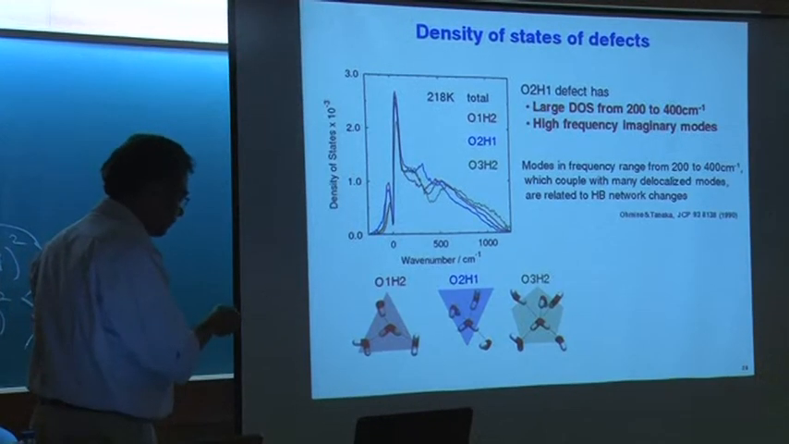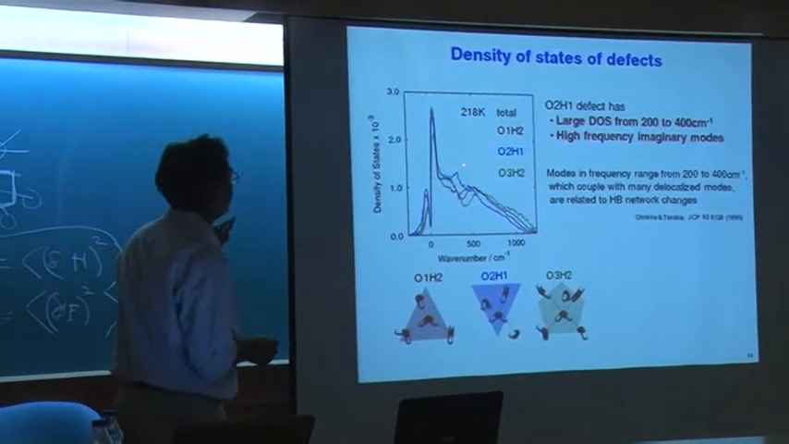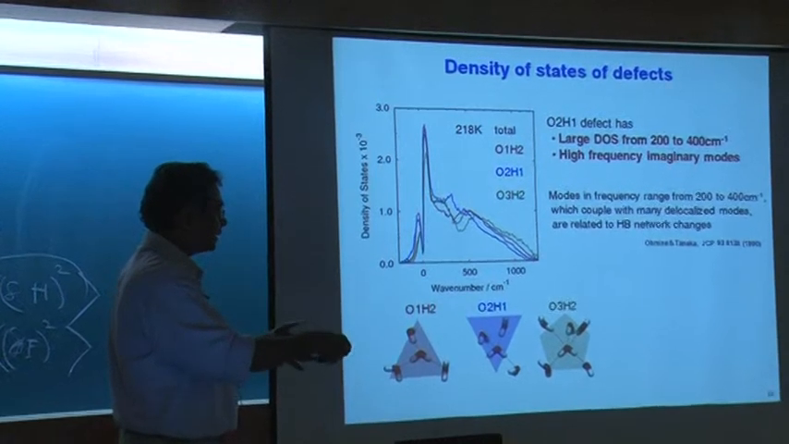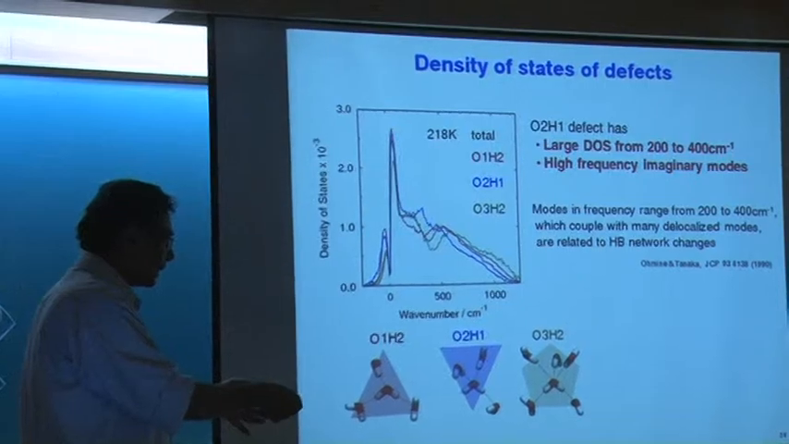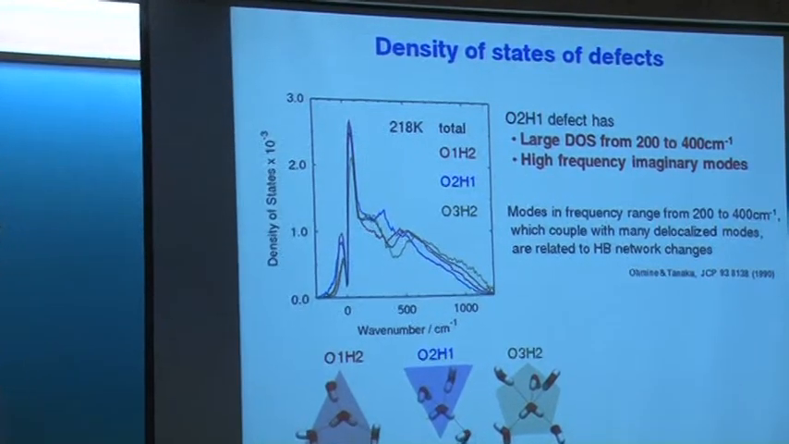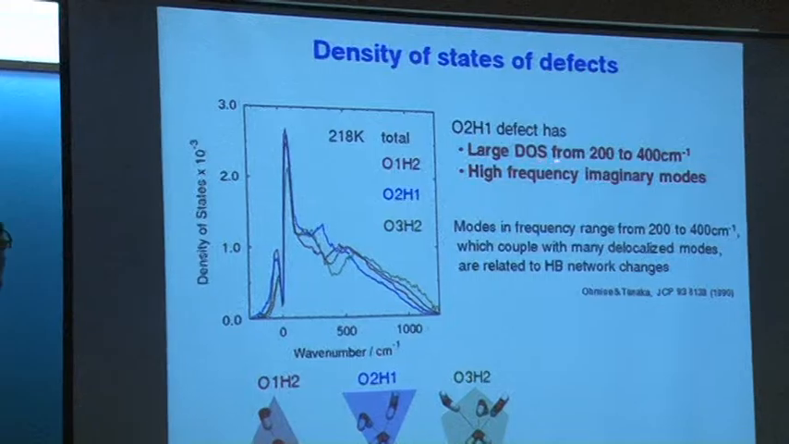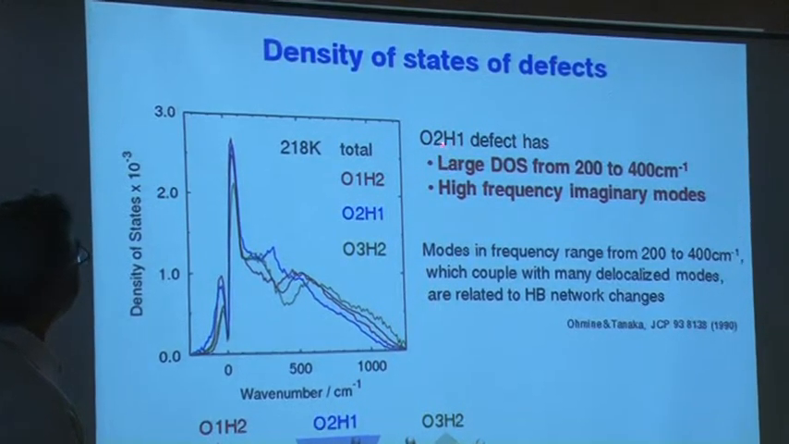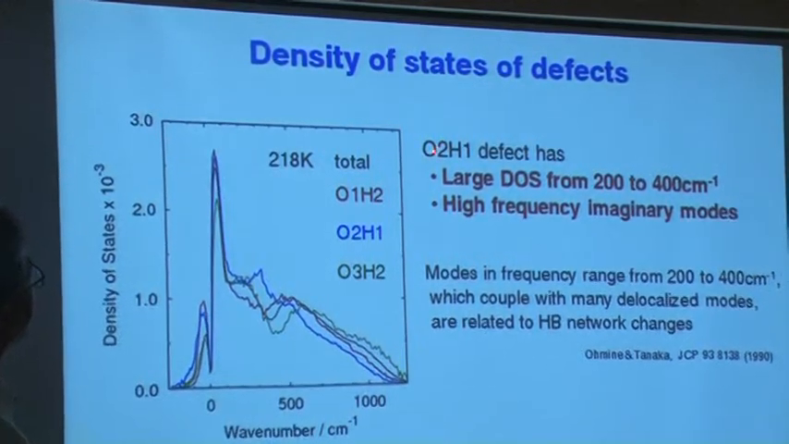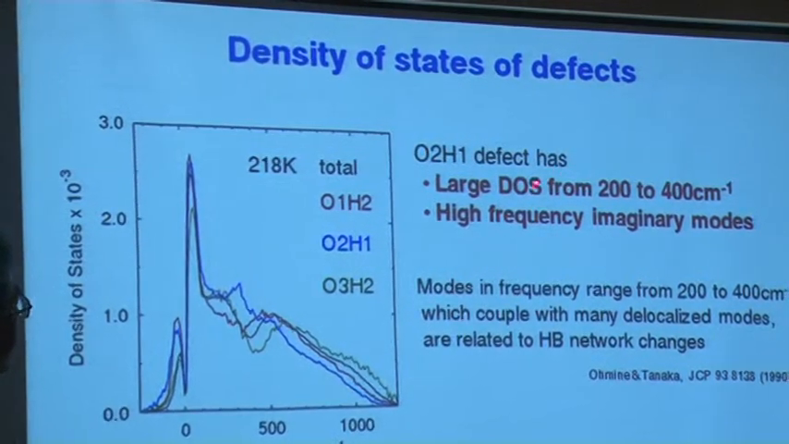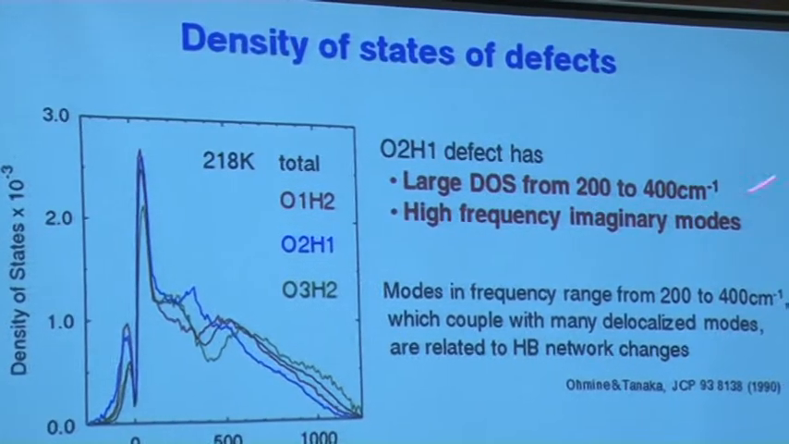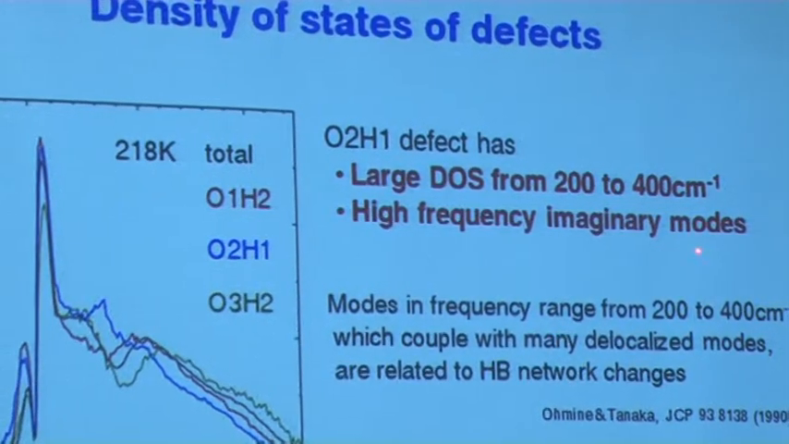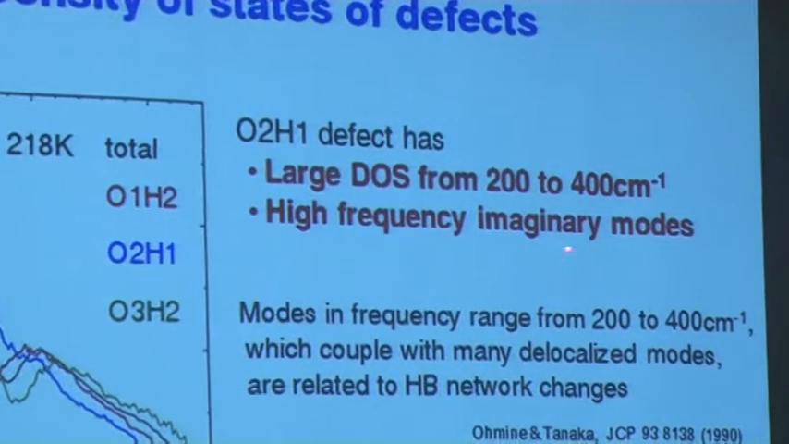So density of states of defects, you can study how many, then you go and tell the defects, and you can look at the defects, do a vibrational coordinate analysis, and you can find out one beautiful answer of that. You can find the O2H1, the particular defect which plays the dynamically driving force, that has a very large vibrational density of states in this region, and that has an anomalously large high frequency imaginary modes. When you do an analysis,